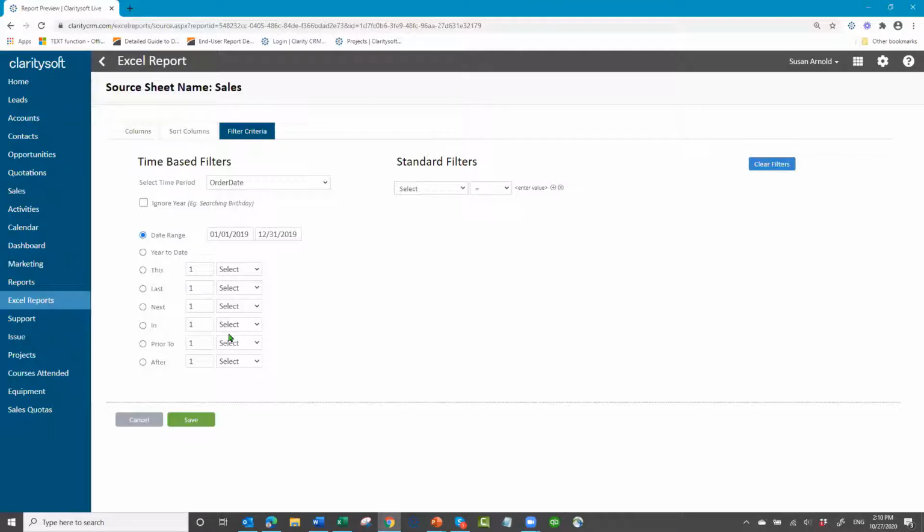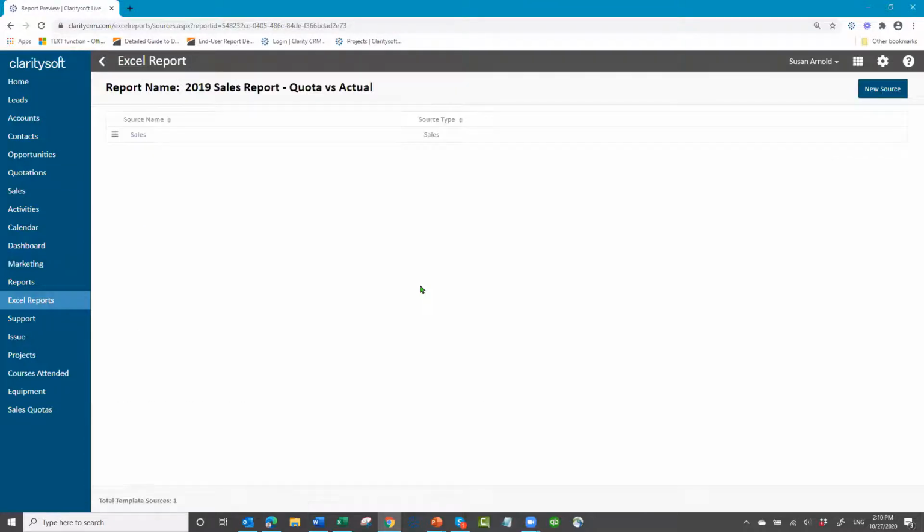And then if you wanted any other filters for some specific type of sale that you're pulling out, then you could use your standard filters over here. But I don't have anything else. So I'm going to save that. And my first source sheet is now set up. Then I want to add another source. So I come here to the new source button